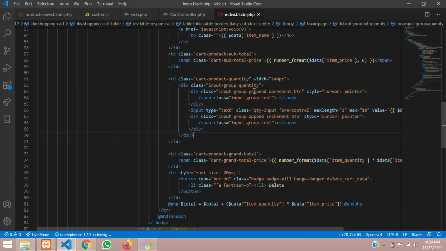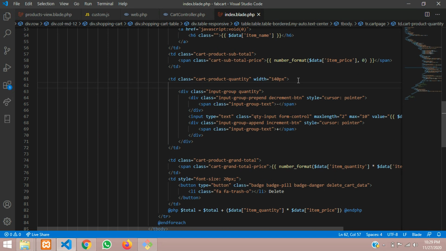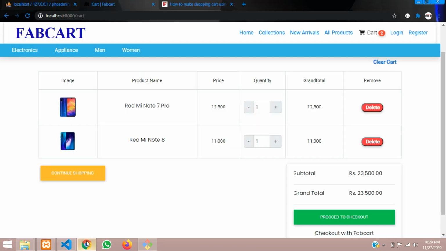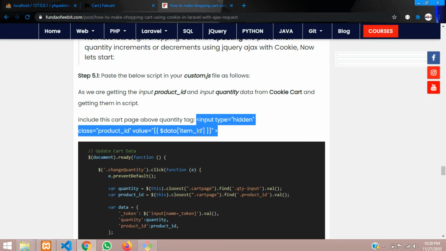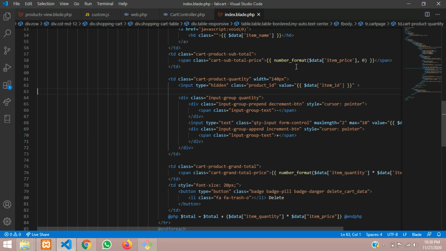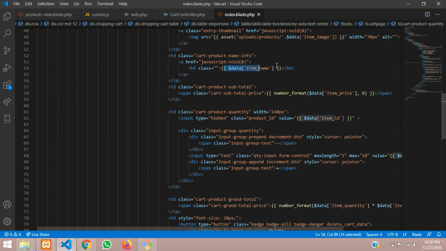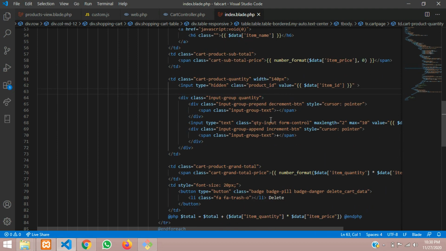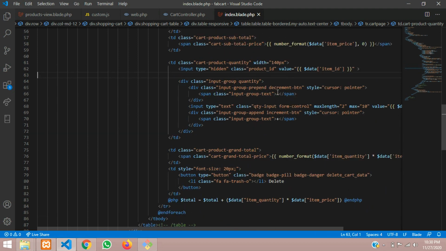Over here we have to add the top link for getting the product ID. We can copy this and paste it. As we are getting the item data, we have already stored the item ID, which is nothing but the product ID. This is our decrement button, this is our increment button, and this is the quantity input.